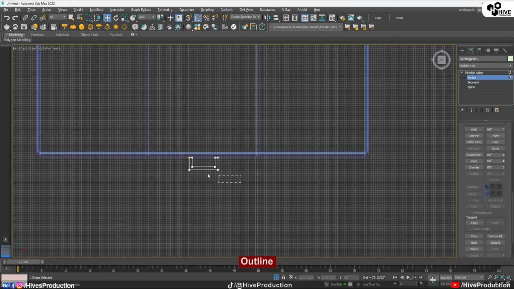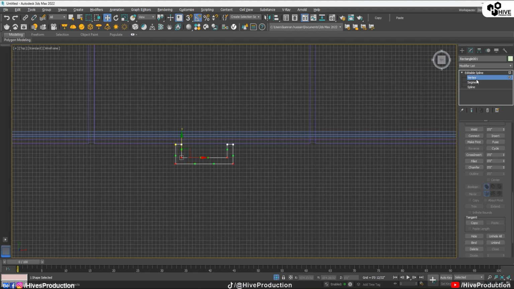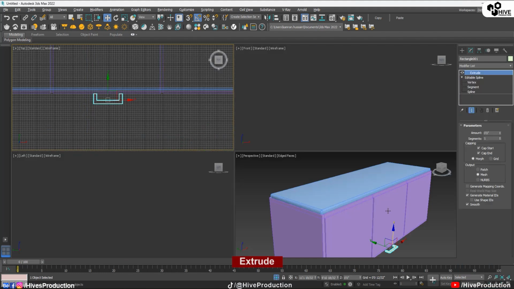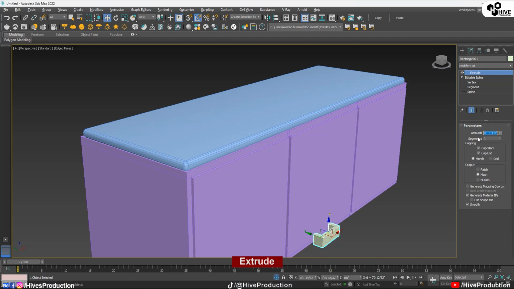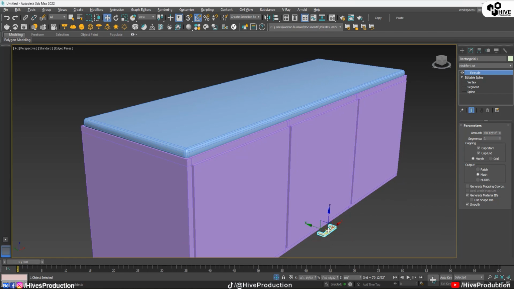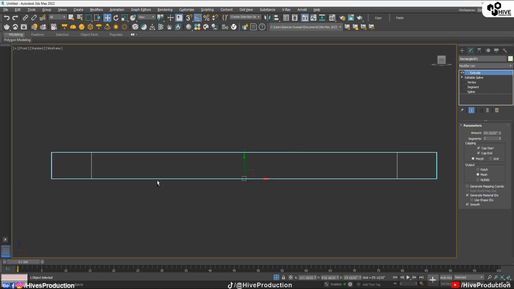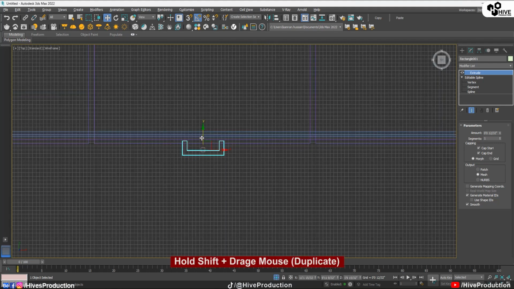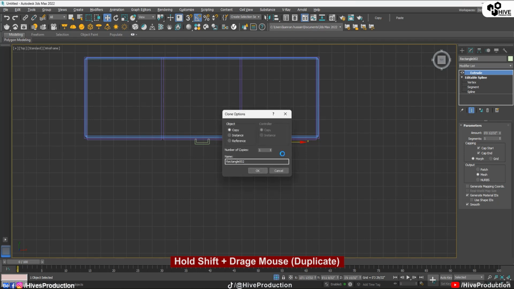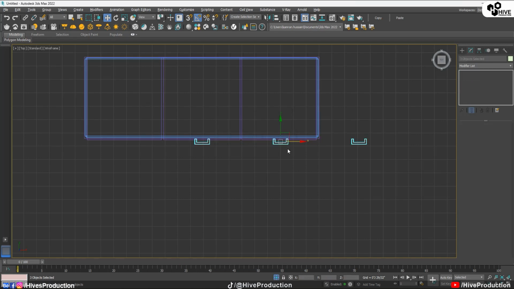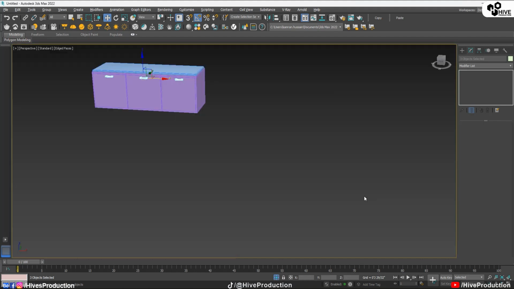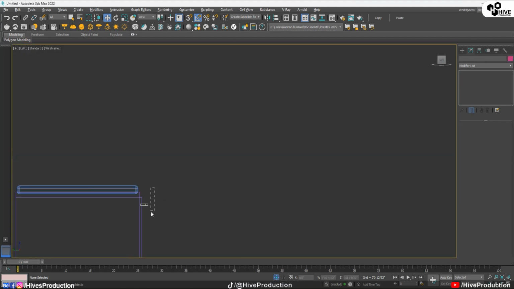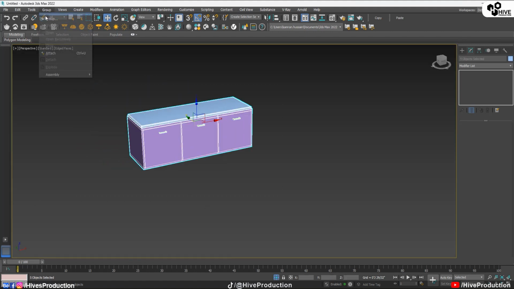and after a little outline we need an extrude modifier. I'm going to give it extrusion, well, it's too much, so place it here in the center, put it inside, duplicate it by holding the shift key, another duplicate. So we need to place these in the centers of my lockers. Select, perfect, select all of them, make them a group,